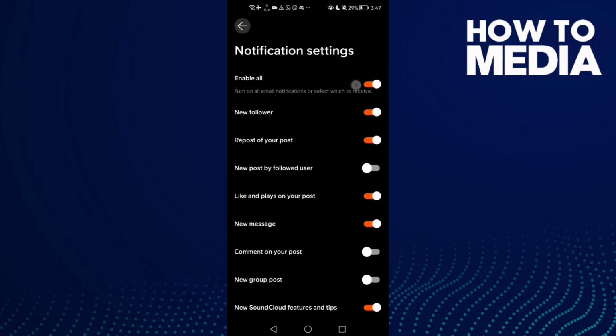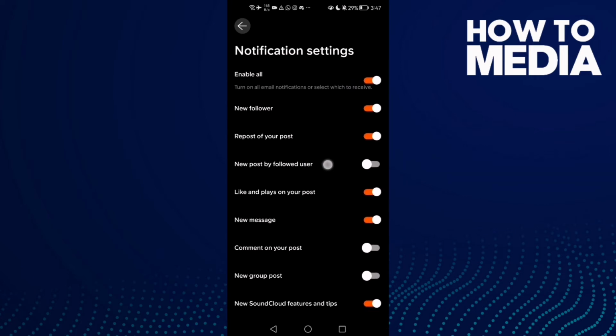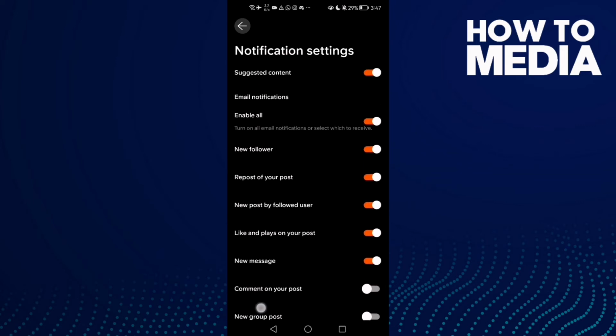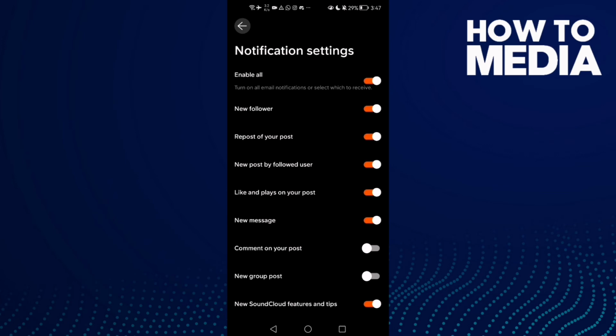and now here you will find new posts. This one, new posts by followed user. All you need to do is just click on it, turn it on, and that's it. Now just go back,